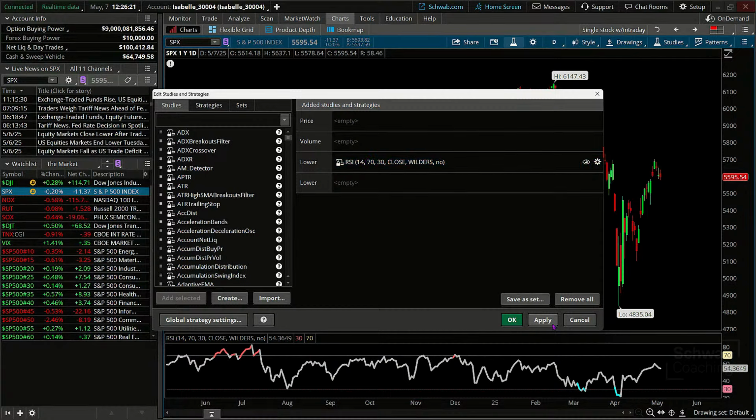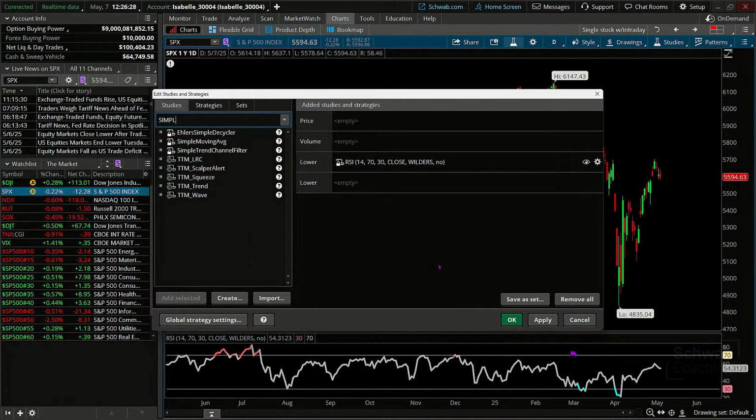Now, if I want to add in simple moving averages, I'm just going to start by typing simple, and there it is. So a double click gets it added. And let's go ahead and customize it with a 5-day. So once you've added your detail to the study, to the study side, we use, as usual, the gear icon.